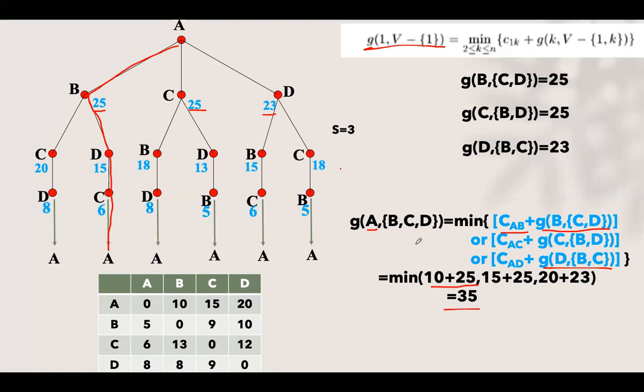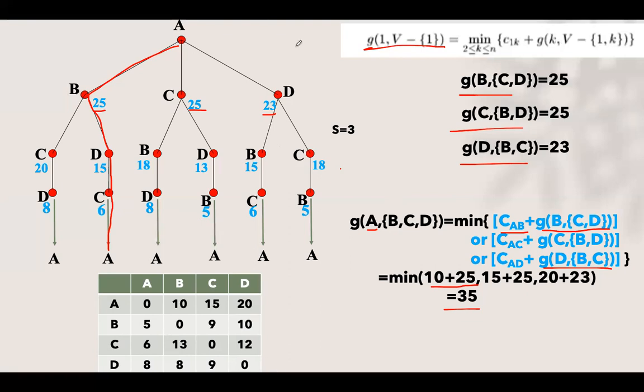So this is the dynamic approach, the solution to the traveling salesman problem using the dynamic approach. For this formula, we will go on substituting starting from the last vertex, and then two vertices and then three vertices. Whichever is minimum, we will go on selecting. But first, we have to calculate these things and then we can go on substituting. So finally, we'll get the minimum cost path from A to A, traversing through all the other vertices.